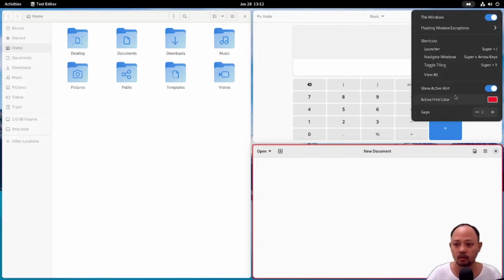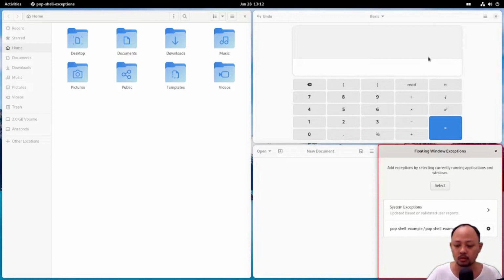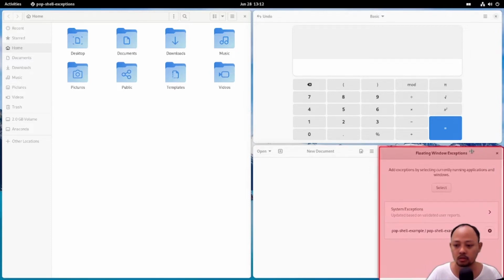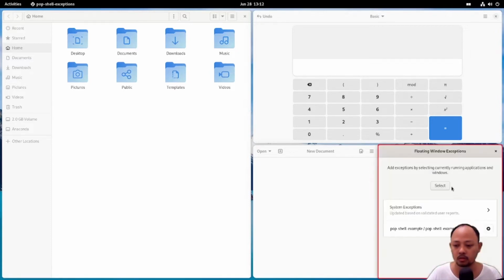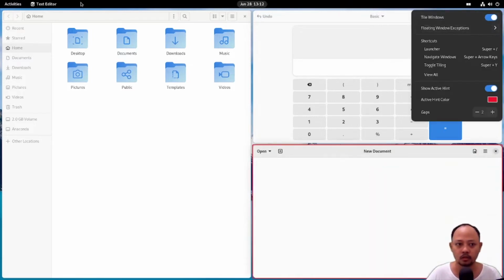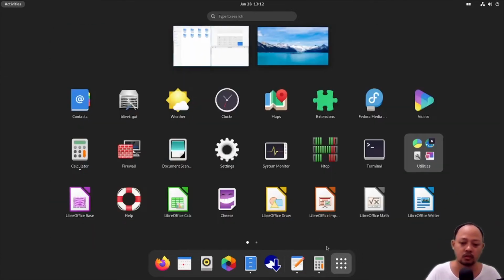Okay, and then floating windows exception. What is this? Okay. Wow, it's very great.